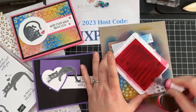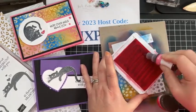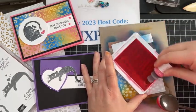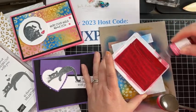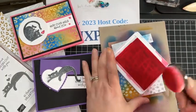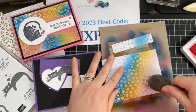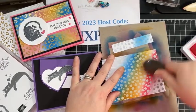If you've never re-inked a pad, the re-inkers come in little bottles like this, and you just kind of weave it onto your ink pad, use the nozzle of the refill here to kind of work it in a little bit. Okay, looks like we've got lots of color there. And then notice the difference when I come in. Oh yeah, look at how much brighter that is. Yeah, I definitely needed to